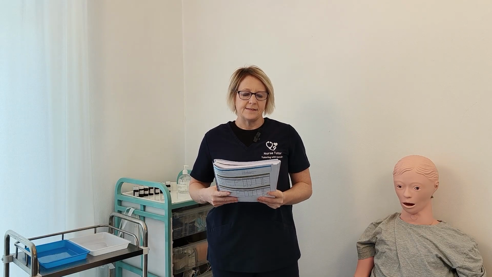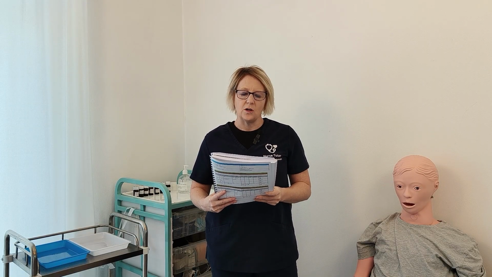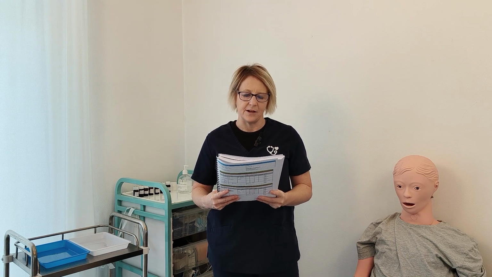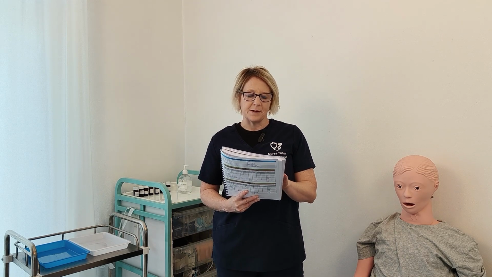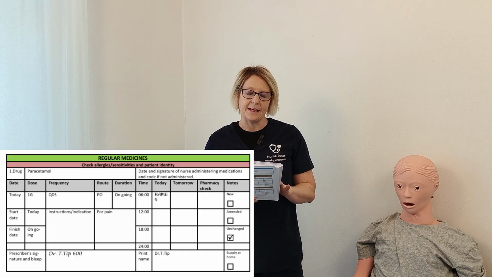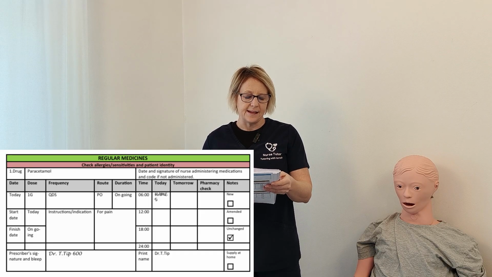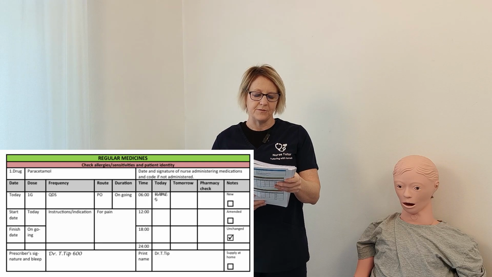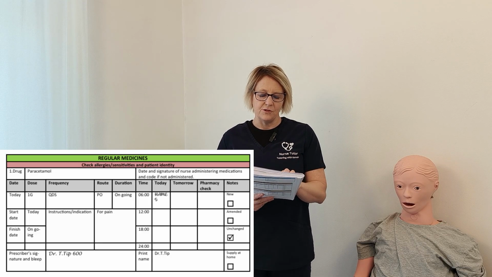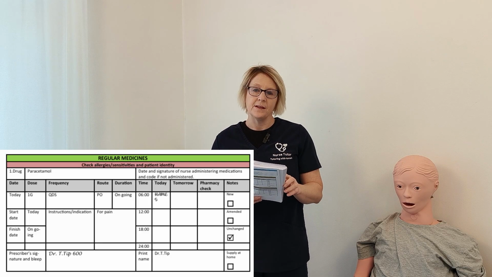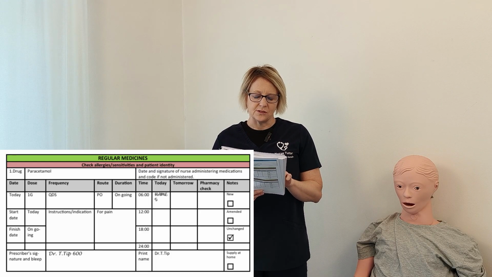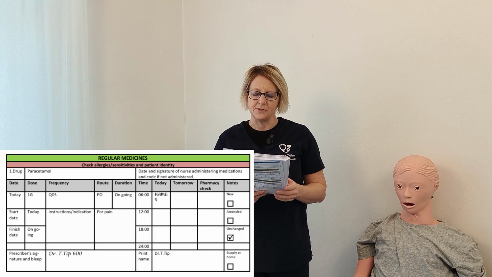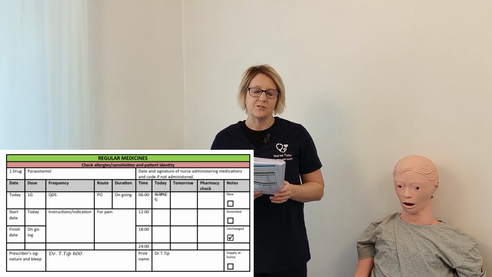So I've got Maisie Sutherland, date of birth 5th of the 4th, 1997, hospital number 126980. All my other details are the same. So I've got medication here due at 12 o'clock, which is paracetamol. My patient is in pain, so I'm happy to administer this. So the date is today, the dose is 1 gram, the frequency is 4 times a day, the route is oral, duration is ongoing, start date is today, finish date is ongoing, prescriber's signature and bleep is Dr. T-Tip 600, prescriber's name is Dr. T-Tip. So I can confirm this prescription is clear, valid and legible, it's due at my time, I'm going to